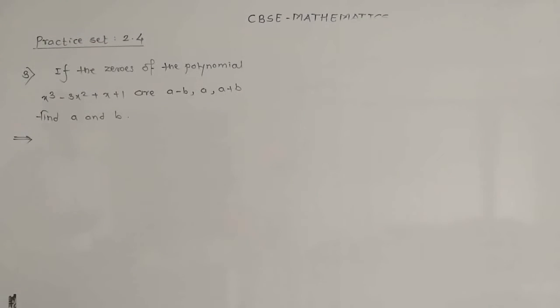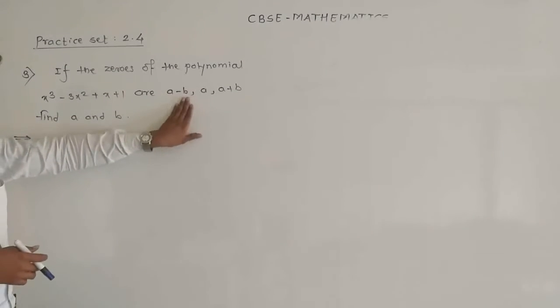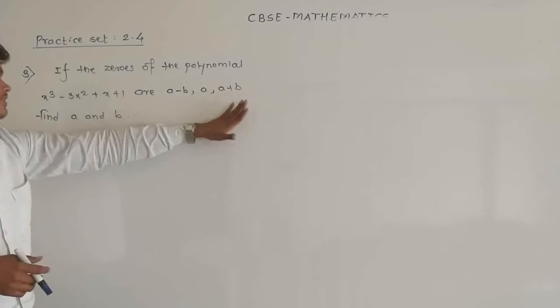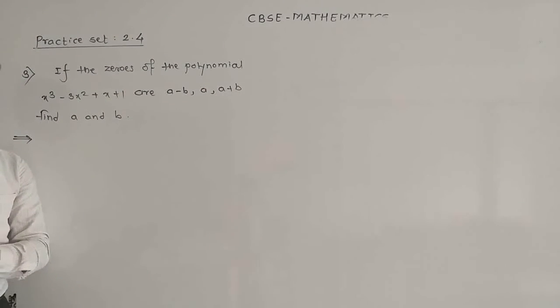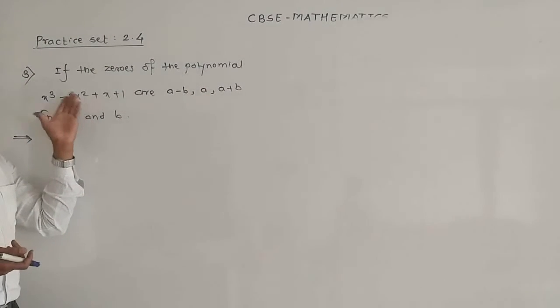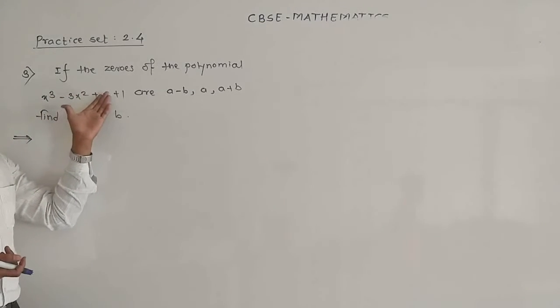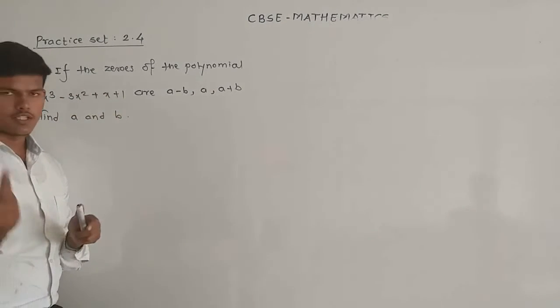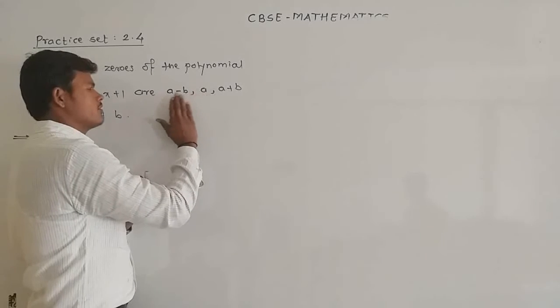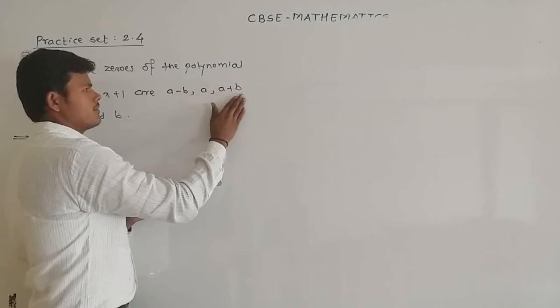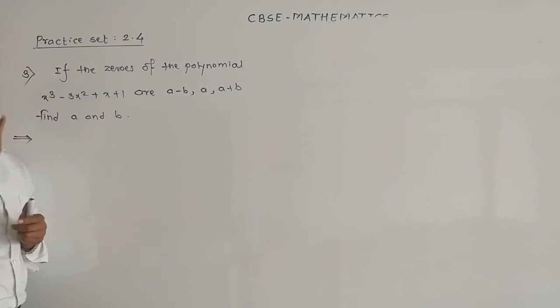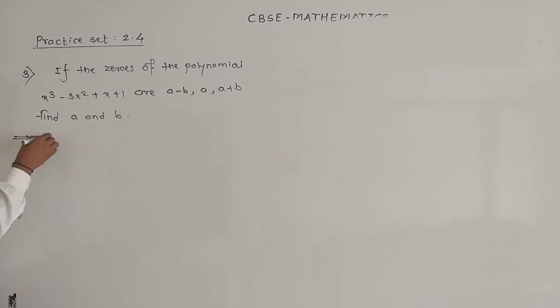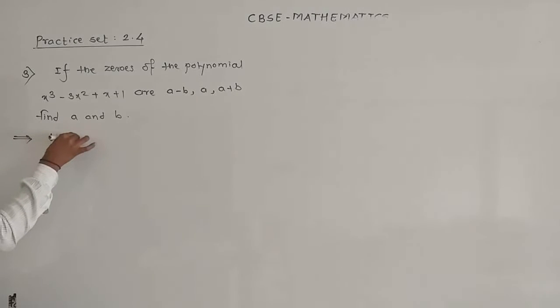Number 3 is, if the zeros of the polynomial x cube minus 3x square plus x plus 1 are a minus b, a and a plus b, then find the values of a and b. Here, for the cubic polynomial x cube minus 3x square plus x plus 1, three zeros are given. A minus b, a and a plus b are the three zeros for the given cubic polynomial. Then find the values of a and b. For that, we all know that